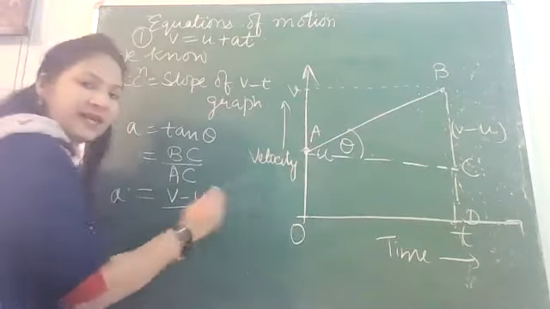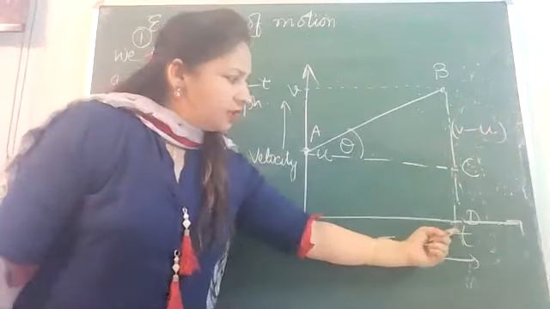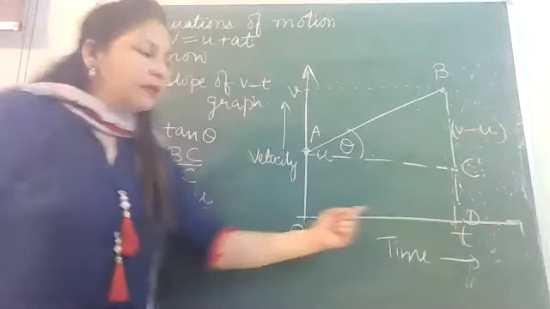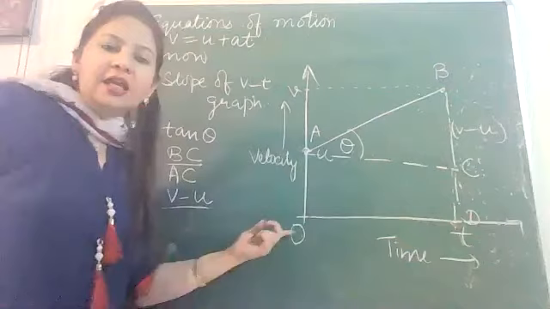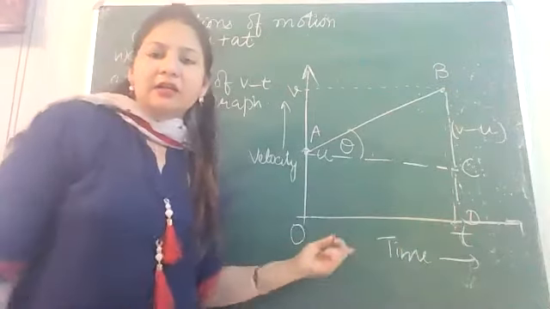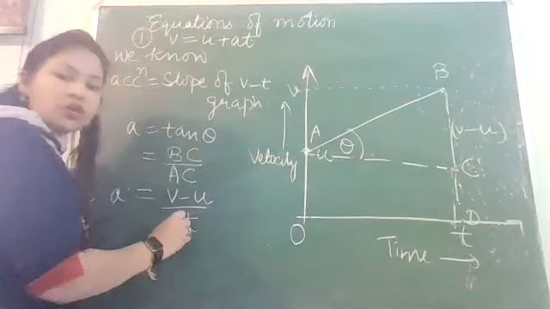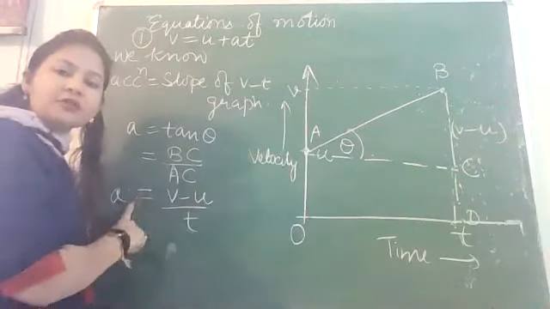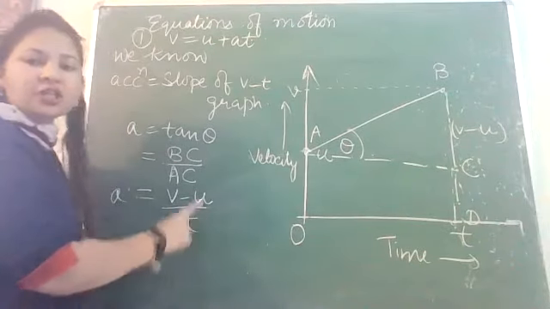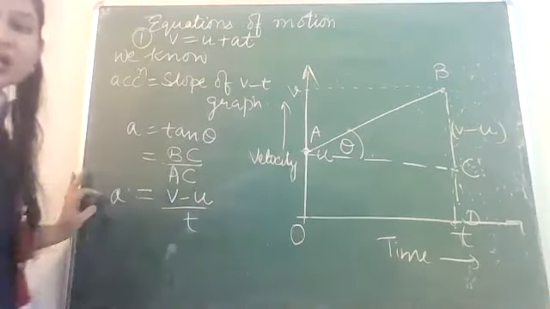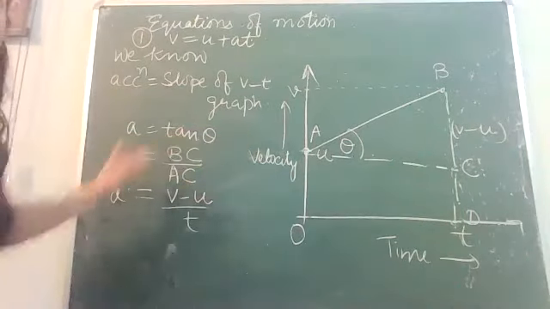And how much is AC? The time corresponding to point C is T and the time corresponding to point A is 0. So this is representing T. From here, how much time did it take up to here? T time. So that is T. So you see, by following the graph also we are getting the formula of acceleration. We know that the formula of acceleration is V minus U over T, change in velocity over time. So the same formula we have got using the graph also.